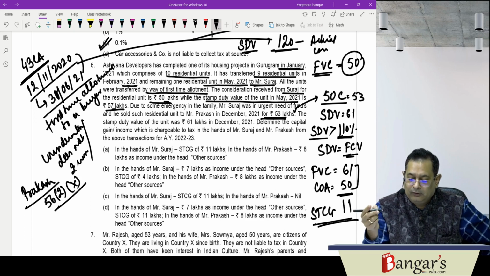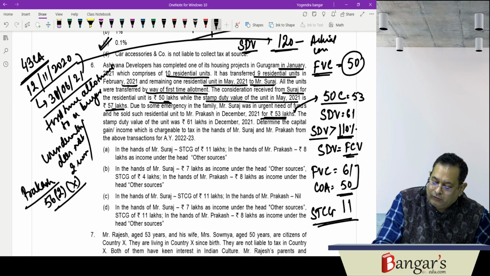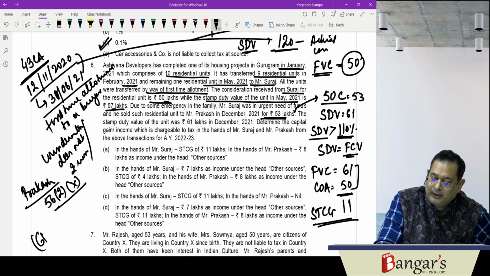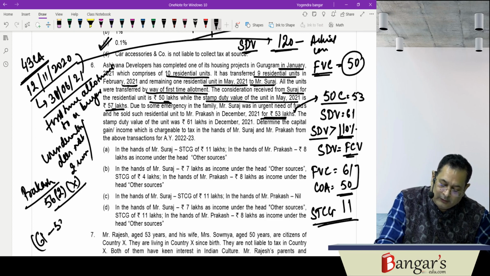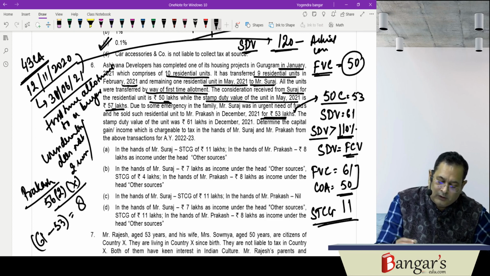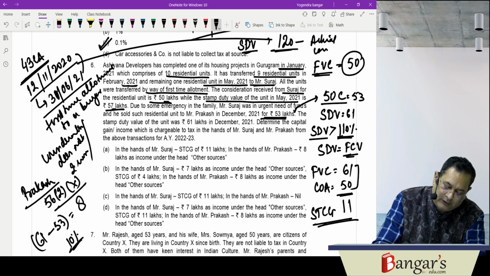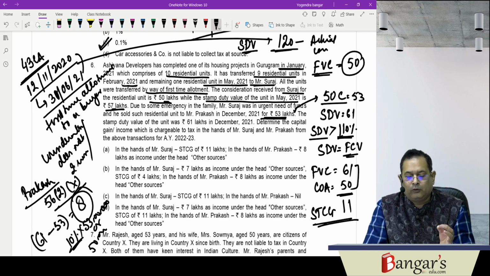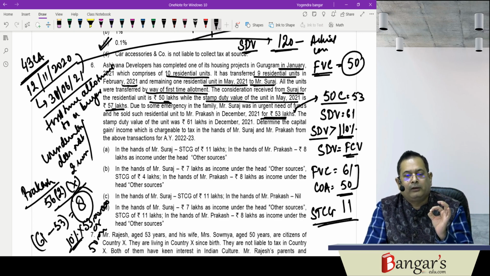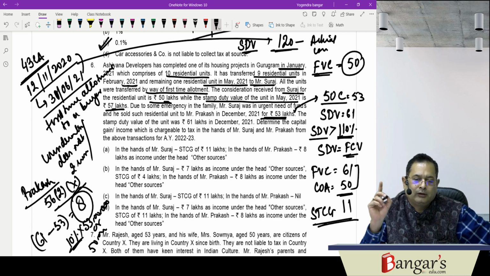Now the difference exceeds how much consideration has been paid. 61 is the stamp duty value. Consideration paid is 53 lakhs. So the difference is 8 lakhs. It exceeds 10% of the consideration or rupees 50 lakhs, higher of the same. So here the difference is 8 lakh rupees. So this 8 lakh rupees will be chargeable to tax as gift under section 56(2)(x) as income from other sources